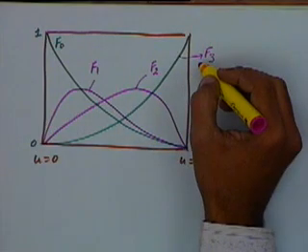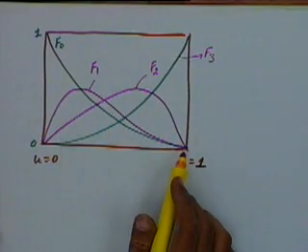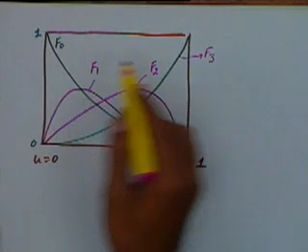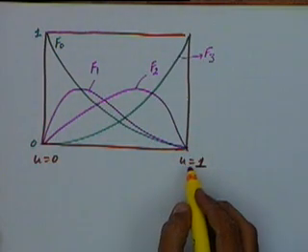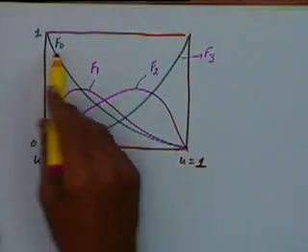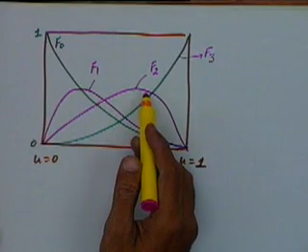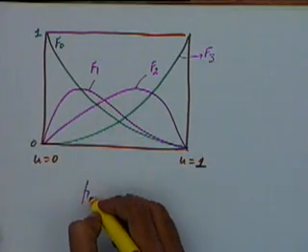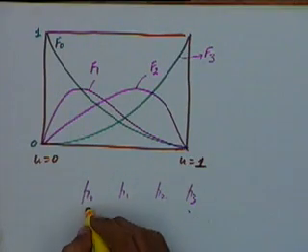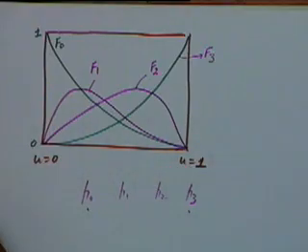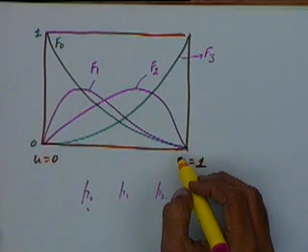By looking at this, one can make out that all these 4 blending functions, if I consider f0 and f3, are symmetric with respect to u and 1 minus u. If I change u to 1 minus u, f0 will become f3 and f3 will become f0, and f1 will become f2 and f2 will become f1. That means instead of specifying points in the order of p0, p1, p2 and p3, if I specify this to be the first point and this to be the last point, I will still get the same curve. One can make that out by looking at these blending functions.